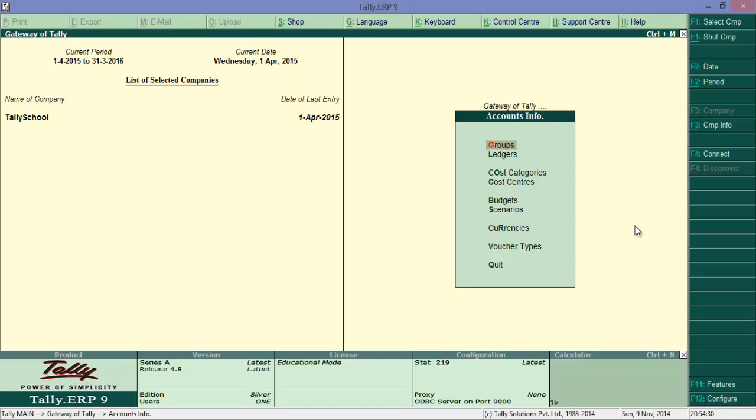Currencies. If you are trading in forex, if you are having foreign transactions,